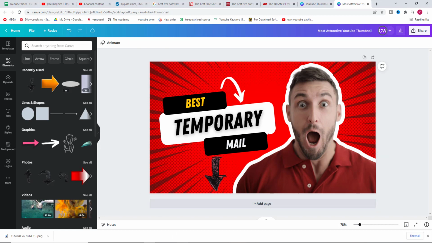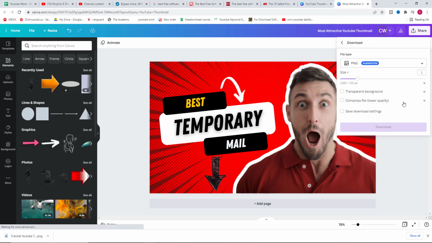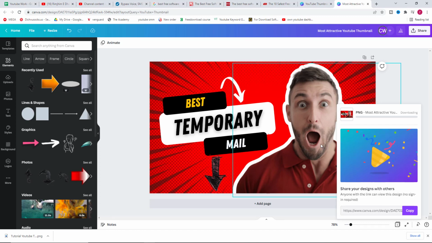And you can download this if you want. You can download from here. Has the option to share and then download. I am downloading it PNG form. You can make any type of video, anything. You can use also video, or you can use anything, photos, your text, anything you want to edit, you can